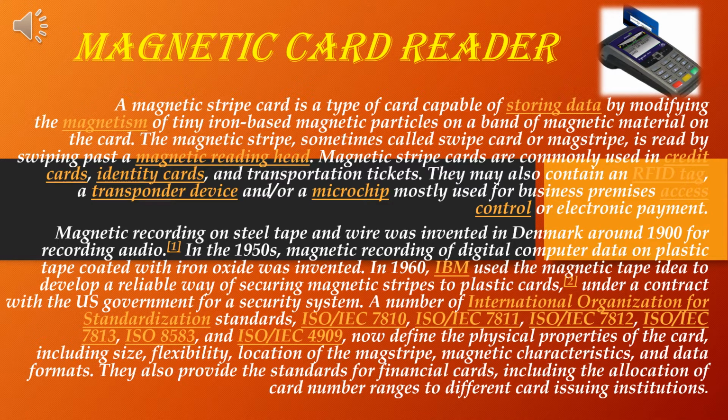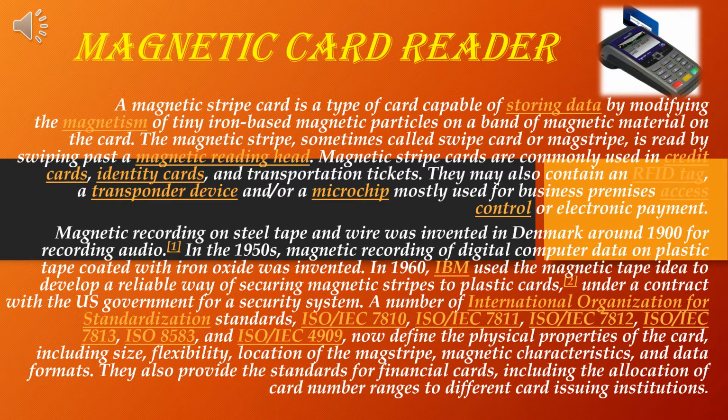In 1960, IBM used the magnetic tape idea to develop a reliable way of securing magnetic stripes to plastic cards. Under a contract with the US government for a security system, a number of international organizations for